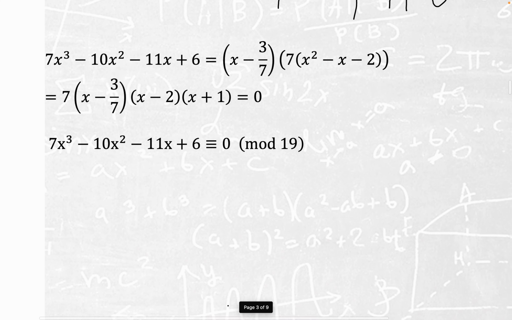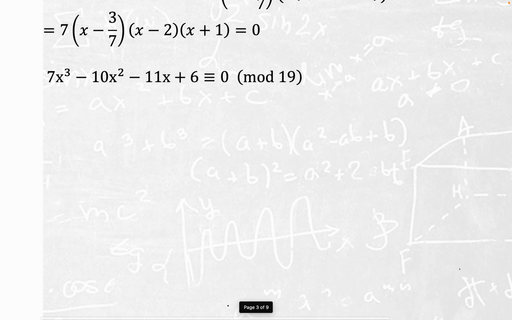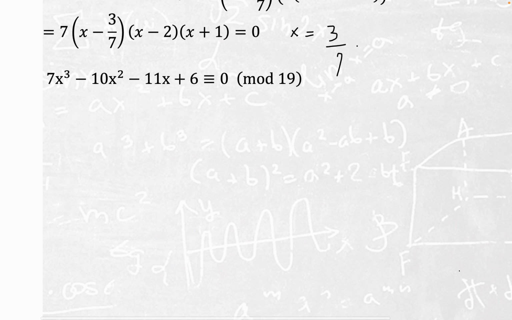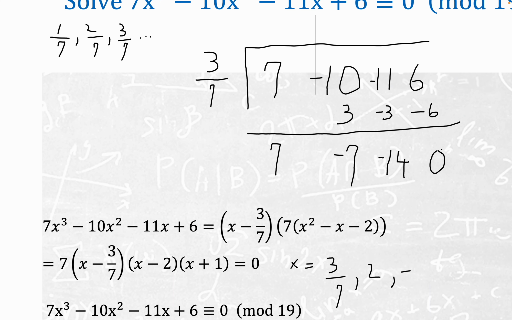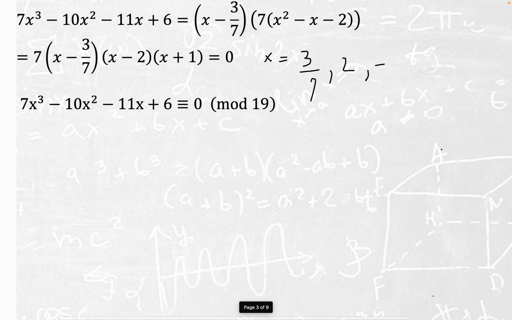Now, notice that what's going to happen right here, because of the factorization, if we were just solving the non-congruential version of this, the answers would be x equals 3/7, x equals 2, and -1, okay? And we'd be done, right? But we're interested in what's going on with this thing, mod 19, okay? And so let me get up here where I belong. Okay, so that's 2 and then -1,